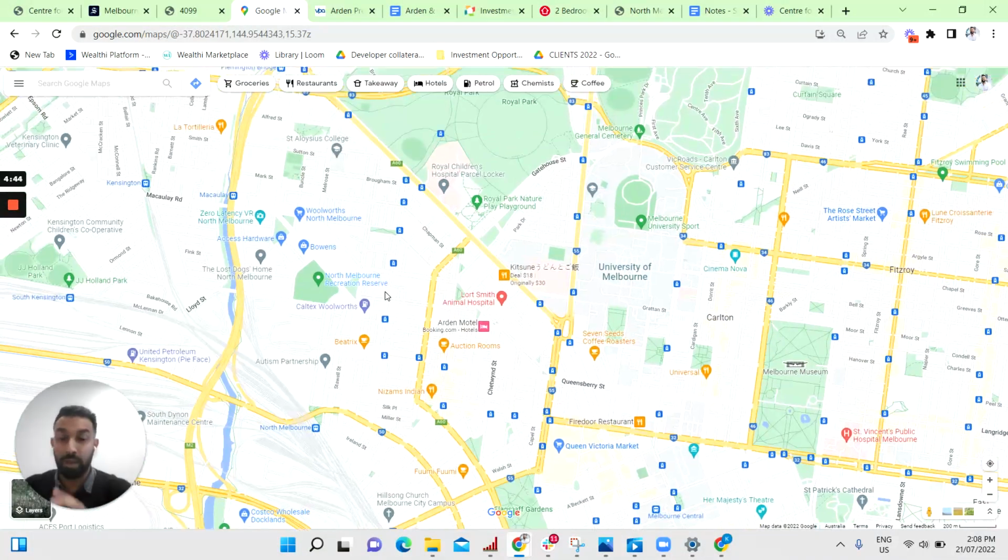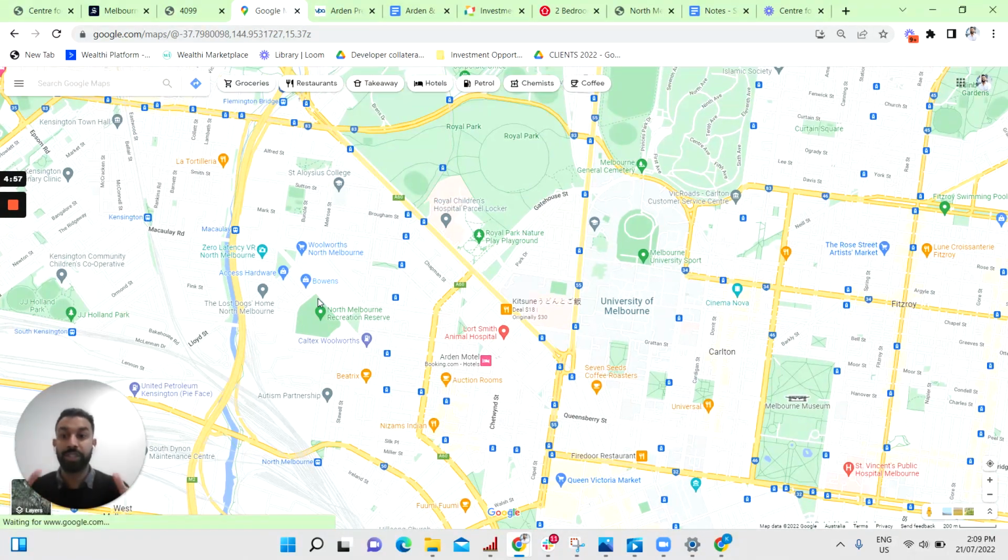So that off-market site that I mentioned earlier that we've picked up is in this location here. What other factors are we going to look at, and the reason why we've identified this as a hotspot, other than the population and supply levels, is that now we're going to look at the infrastructure currently in the area and